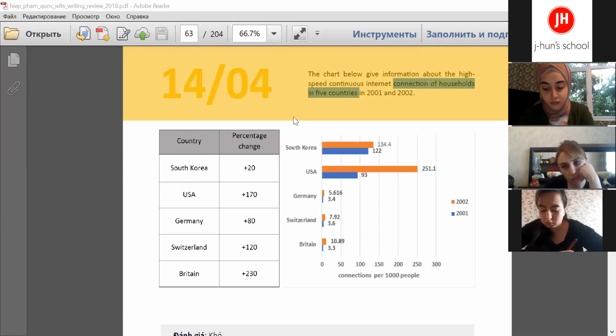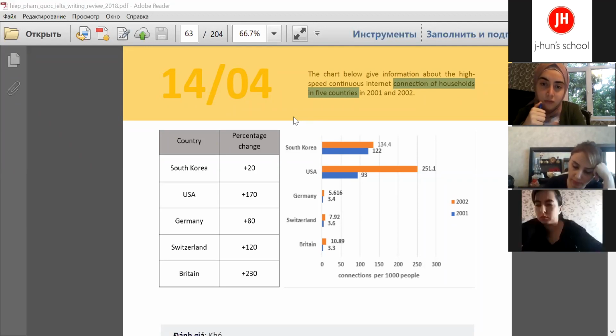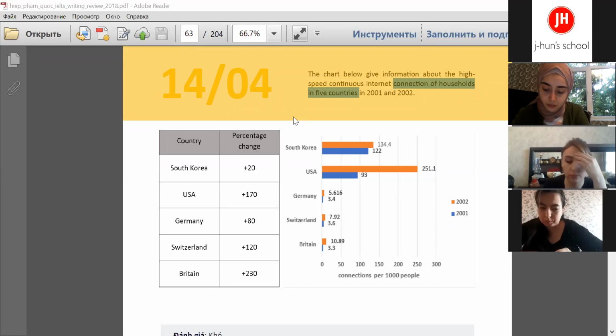The provided chart reveals a statistical breakdown about the high-speed continuous internet connection of households in 5 countries, namely South Korea, USA, Germany, Switzerland, and Britain, over a 1-year period from 2001 to 2002. Overall, it is crystal clear that while South Korea and USA exceeded the others in terms of high-speed continuous internet connection, Britain,